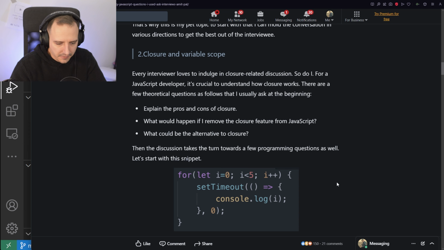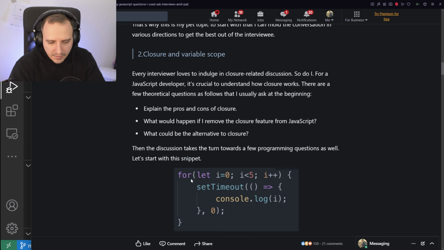Let's start with the snippet. So if there was a var, then it would print 5 times. What's the value? 5, I think. That's the last one, because you need to remember that this i++ is incremented after every single block. So it's incremented one last time, i smaller than 5, still incremented, so i becomes 5, and this is going to print 5 times 5.